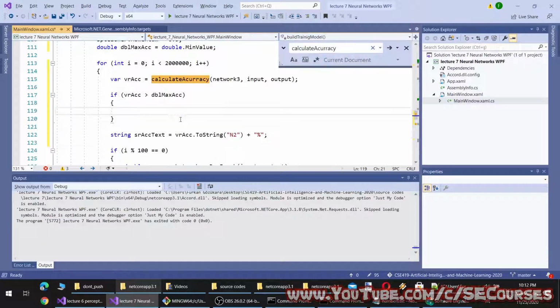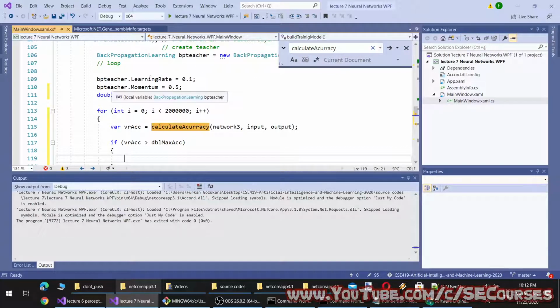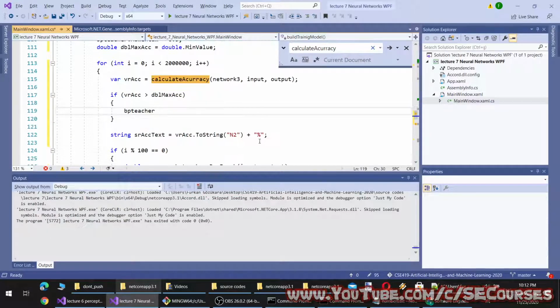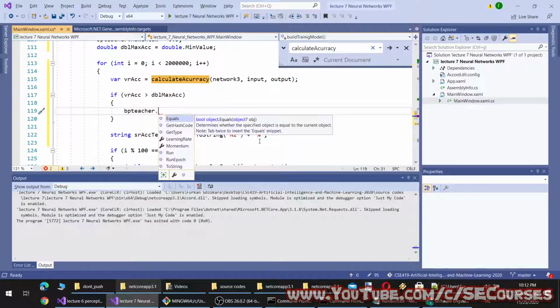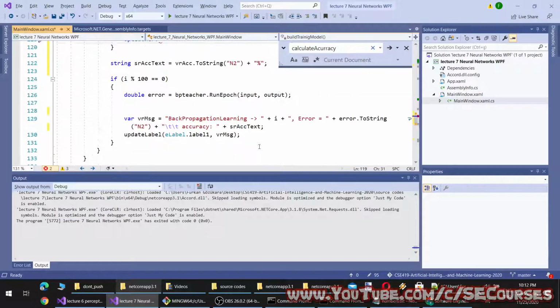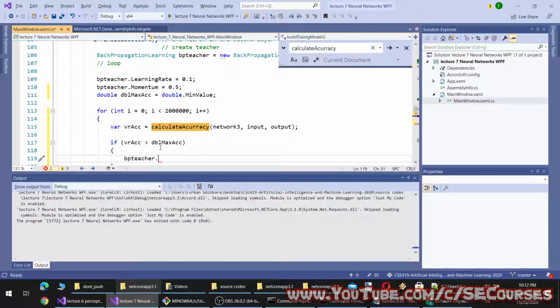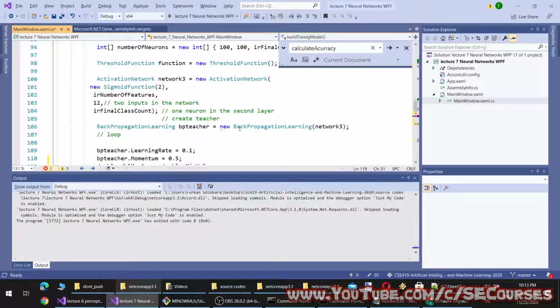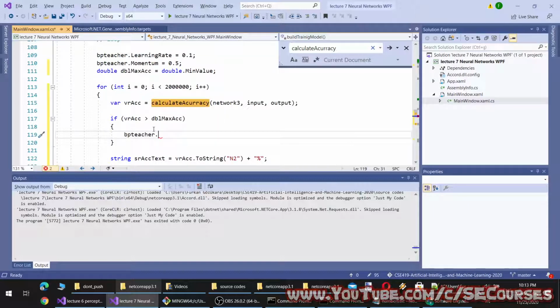How can I save the model? It is like the teacher. Okay, there is no saving the teacher. Yeah, probably I can save the network, I think. Yeah, the network can be saved.